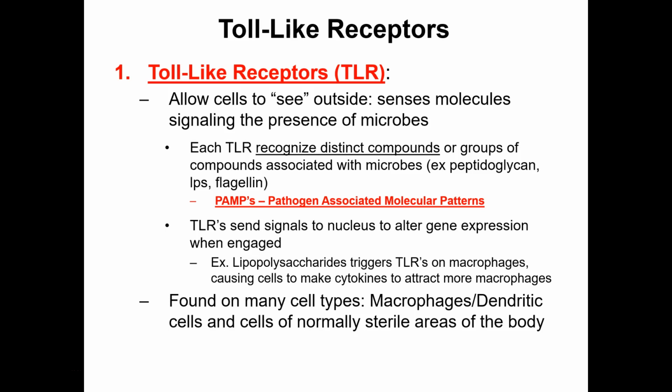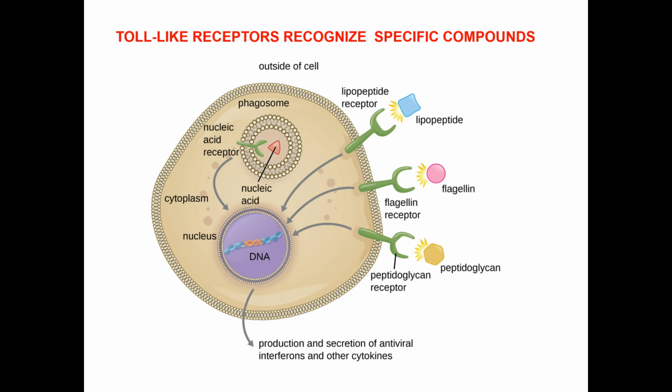Okay, so, skip to the next one. So your white blood cells, they're bristling with all these different toll-like receptors. Each one interacts with a different PAMP. So, for instance, and I like this one, I stole it from OpenStax, it's very straightforward. Say this white blood cell here has 3 toll-like receptors. It's got one for lipopolysaccharide, or lipopeptide here. It's got one for flagellin, and it's got one for peptidoglycan. Right? 3 different potentially pathogenic PAMPs. But as you can see, each one interacts with a different shape,